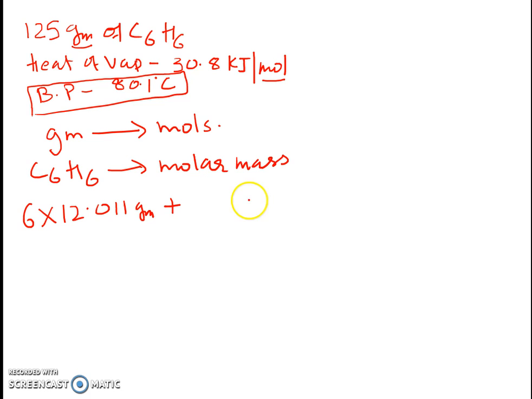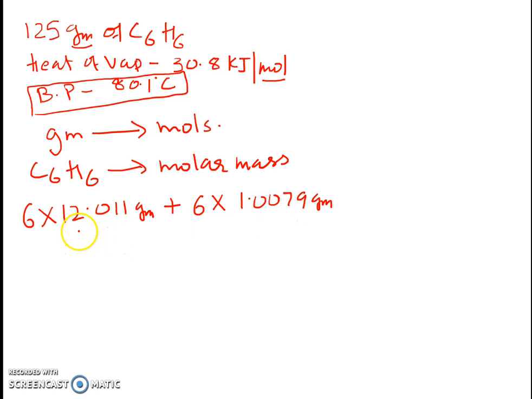Then you also have hydrogen with 6 atoms. Now you have to multiply the atomic weight of hydrogen, and when you see in the periodic table for hydrogen, it's going to be 1.0079 grams. So when you add them all, multiply this with this and add them all, you're going to get,